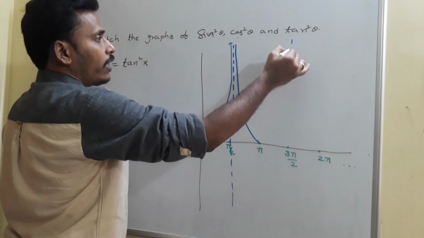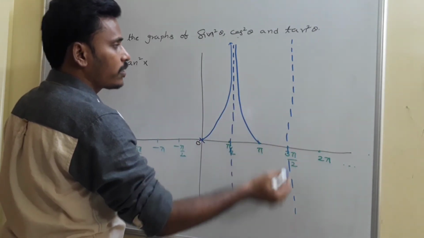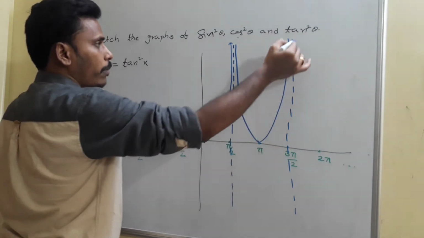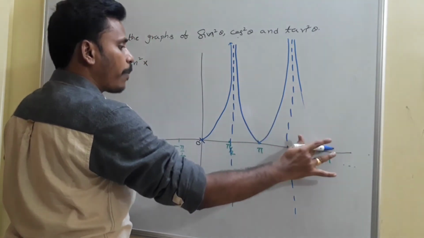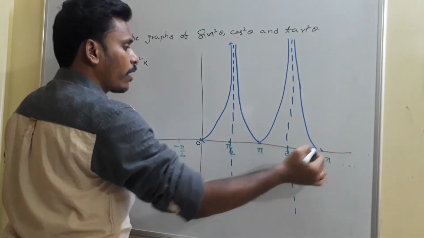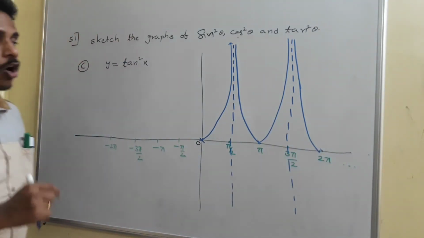Again, tan 270 degrees, here we have an infinity. So use an imaginary line. The graph continuously increases from pi to 3 pi by 2, and again the graph continuously decreases from there. See, all this happens only because of the values of tan and its nature. You need to think about the nature and analyze it, or otherwise we can't do it, right?